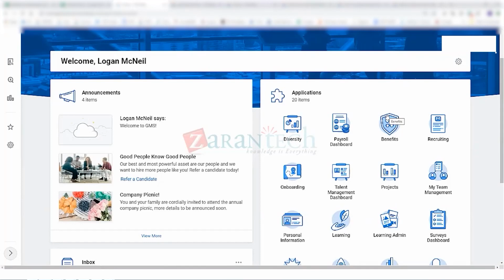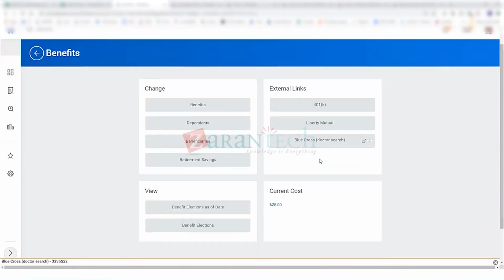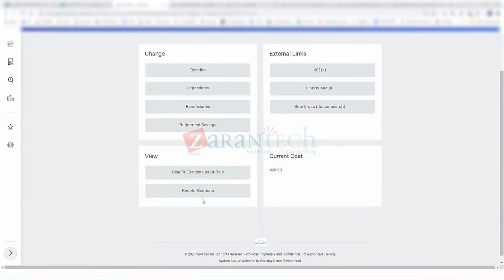And if you go in there, this Worklet, you see that directly from that Worklet, now you could change your benefits, you could add a dependent, you could add a beneficiary, and there's some links that take you to external sites. You know, there's a link for 401k, Liberty Mutual, etc. And then it's got some information over here. So this is pretty simple,